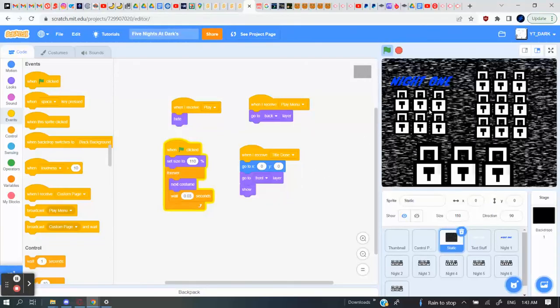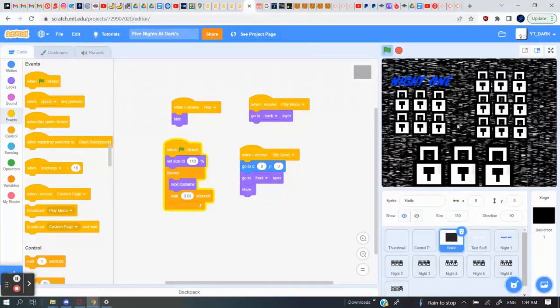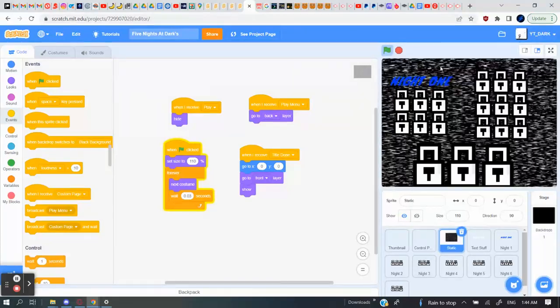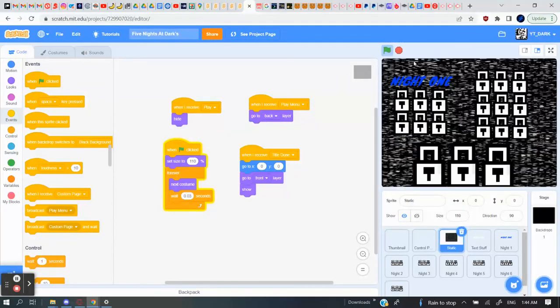Again, whenever I get to the character thing, I will explain what you can do with the static, because you will need to change the static if you want. And I will explain why